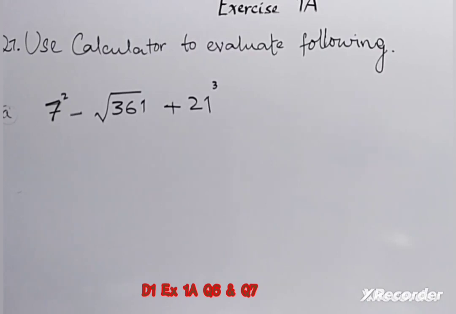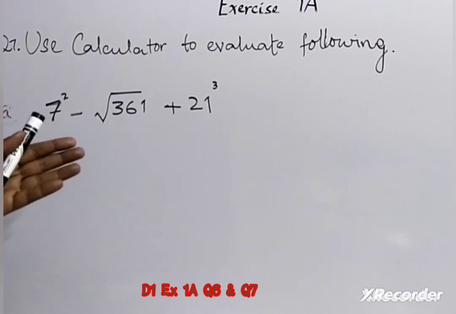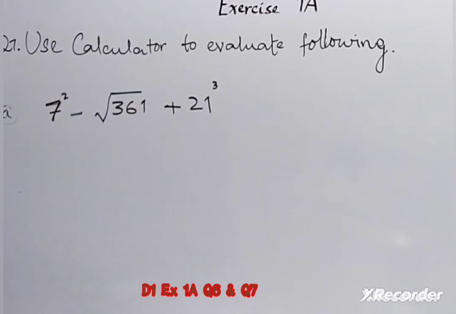Now coming forward to question number 7. In this question we have to use the calculator to evaluate the following. Part A is 7 squared minus the square root of 361 plus 21 cubed. So in this question we have to learn the use of the calculator. You all know how to use a calculator. So if we